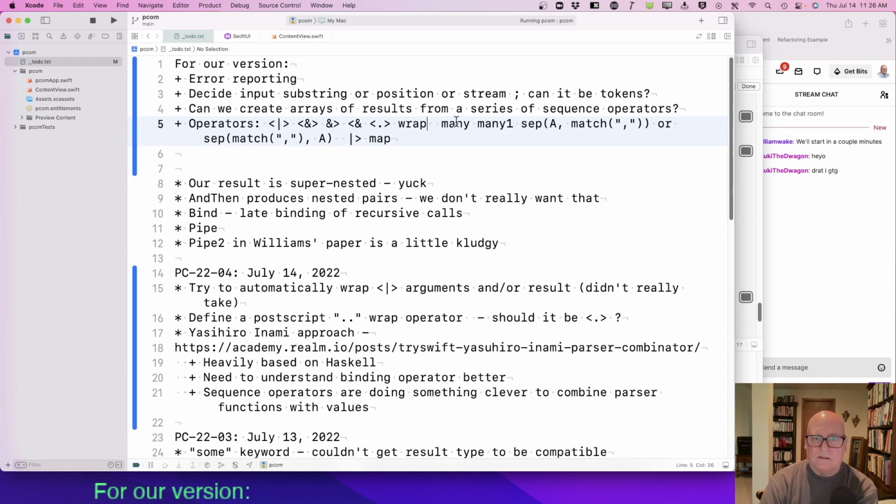That's set. So zero or more. I guess there's also an optional. Zero or more, one or more, zero or one. Those are very common. And then lists of things and alternatives. Bind. Oh yeah, we'll need that bind thing, I think, because the way we're doing it, it would be nice if we didn't.